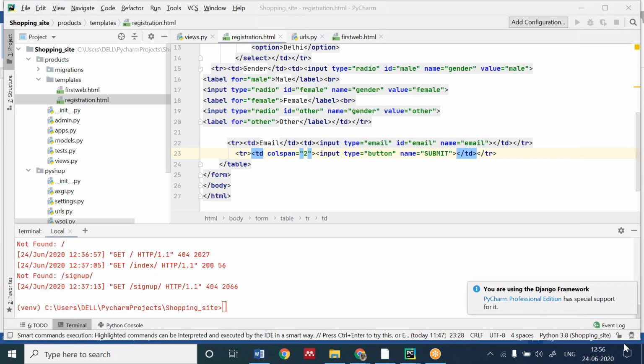Where is it aligned? Have you used a table, Shreyash?